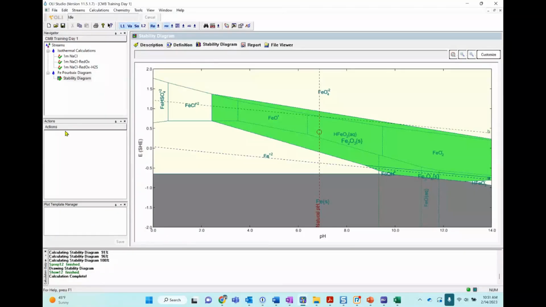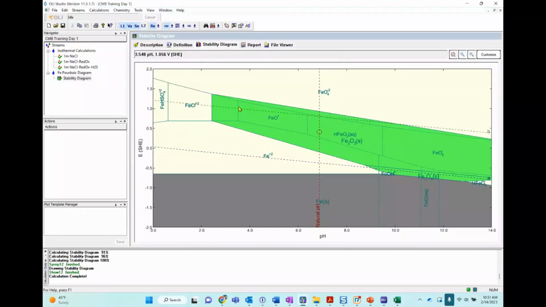So again, the gray region is immunity, elemental iron. The corrosion region, here it is. We added sodium chloride, so you will see some chloride in here.